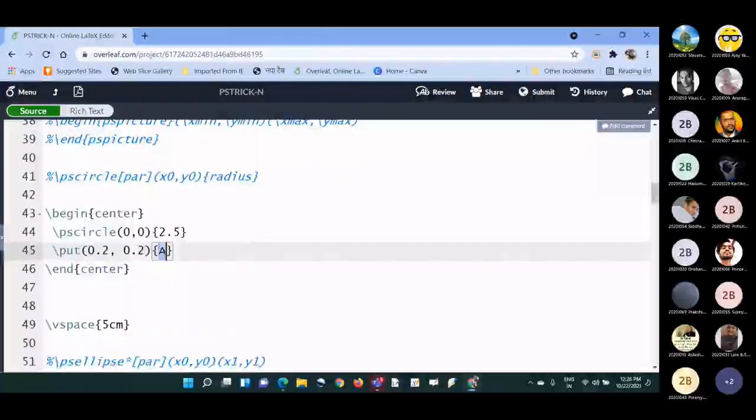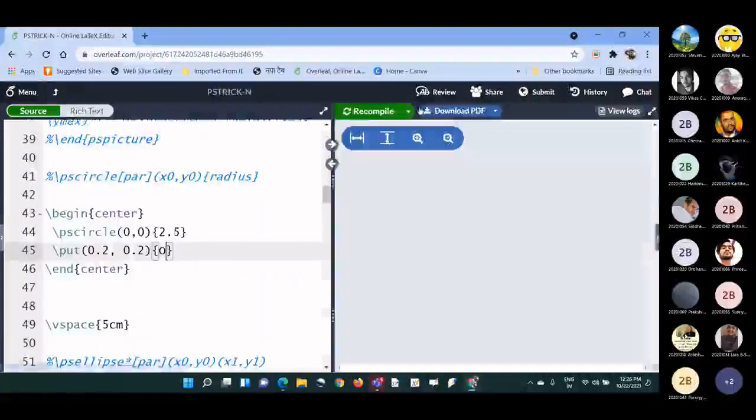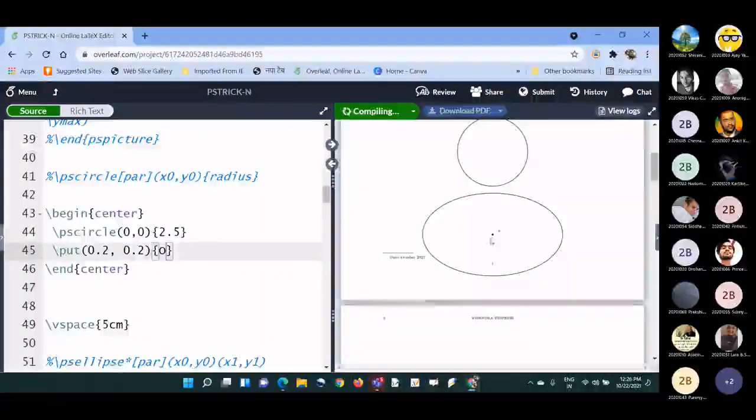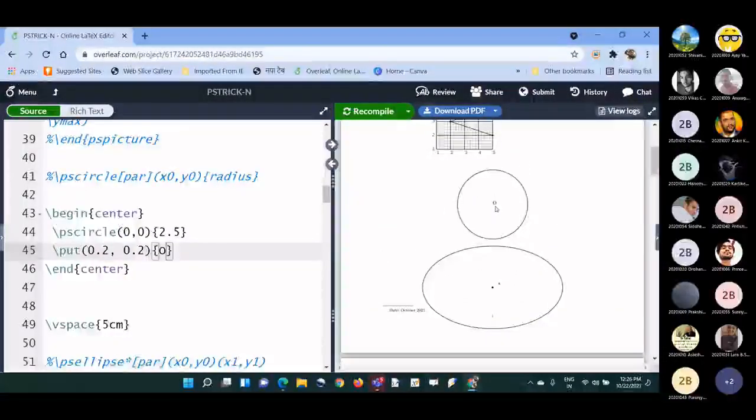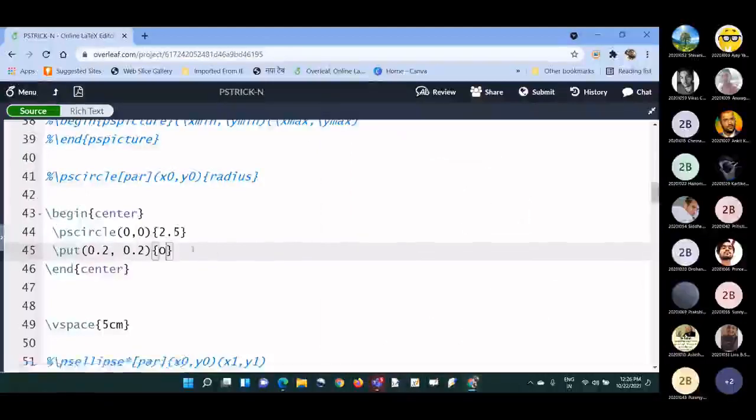If you want to give it O, write it like this. So at the center you have O, but it is not exactly at the center.